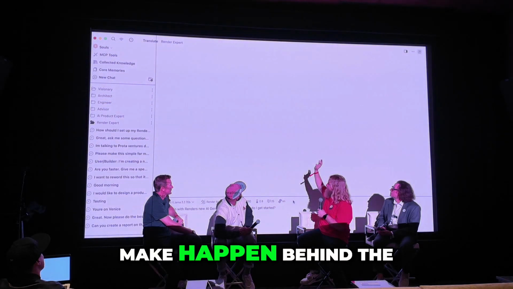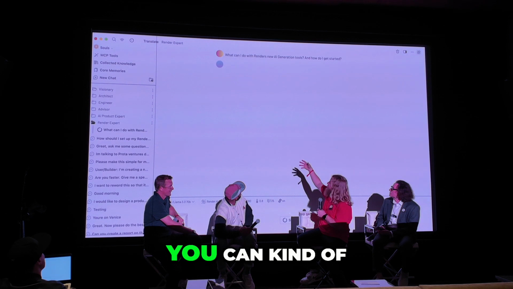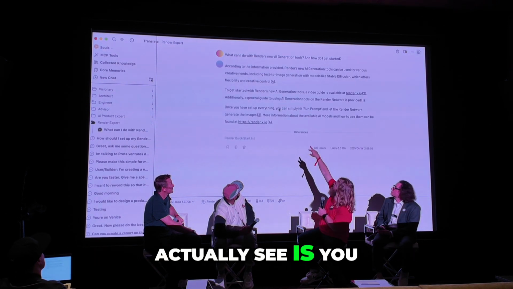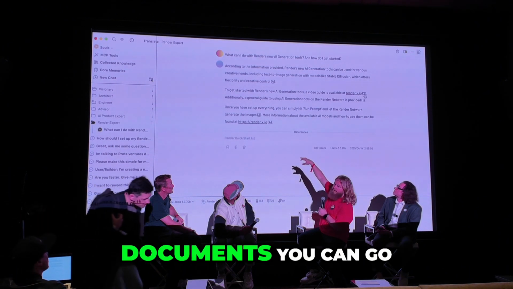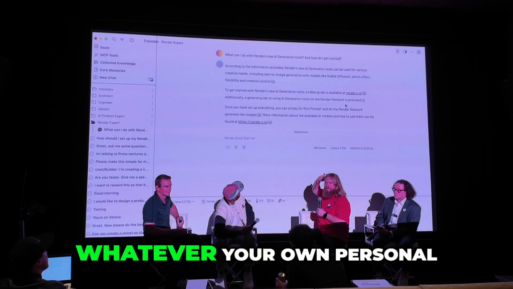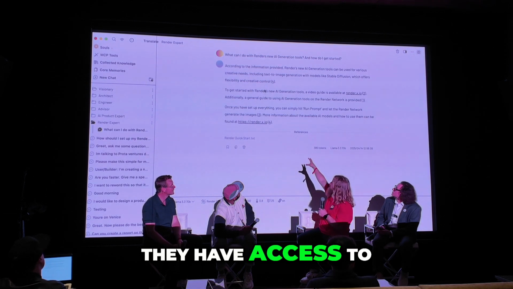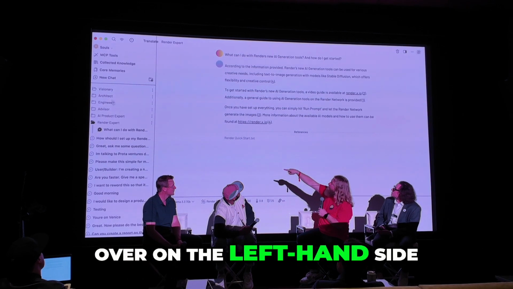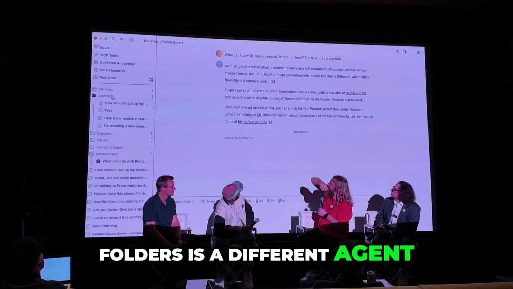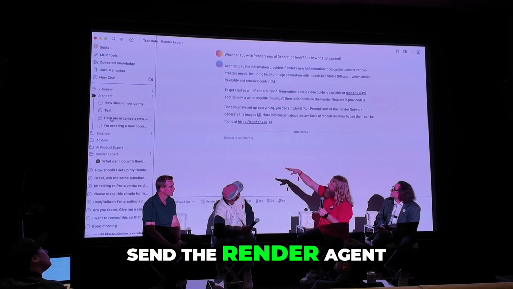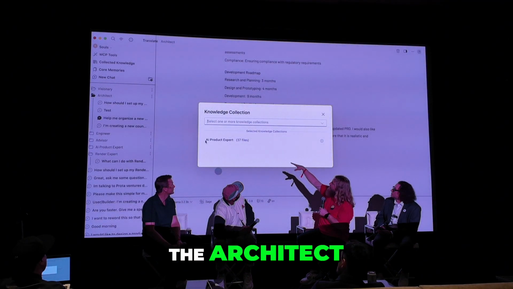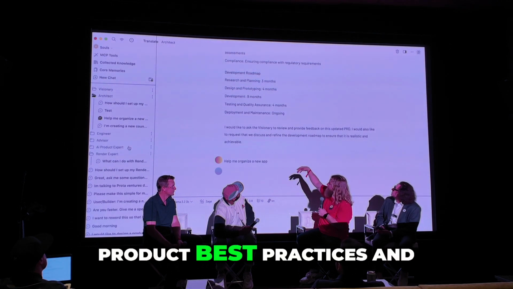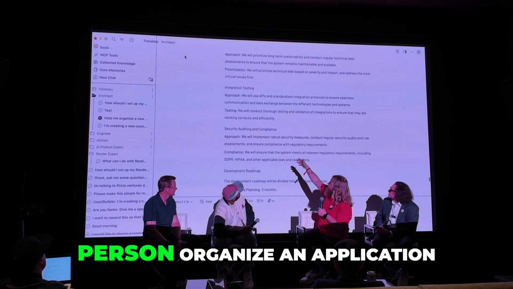All this stuff will happen behind the scenes soon, but just so that you can see what's happening here, this is going out and hitting decentralized GPUs, and what you can actually see is you have bookmarks here for where in the documents you can go find these things, right? So these agents have access to whatever your own personal database is. And it's pointing here where you can go for that. As you can see over on the left-hand side, each one of those folders is a different agent. And so you can send the render agent to go talk to the architect, and it's going to load up this massive archive of AI product best practices,